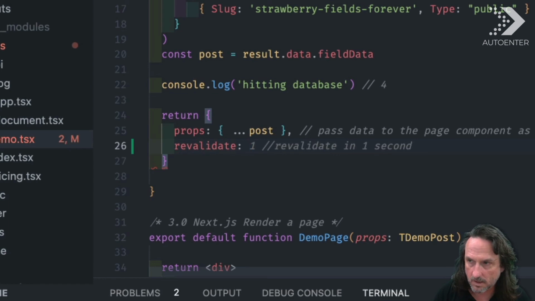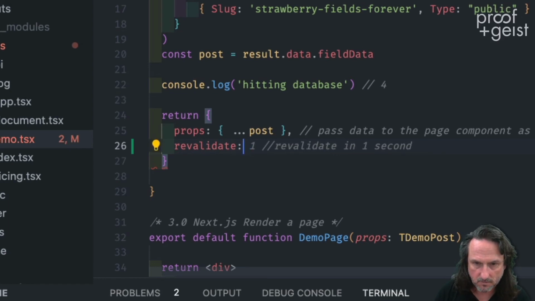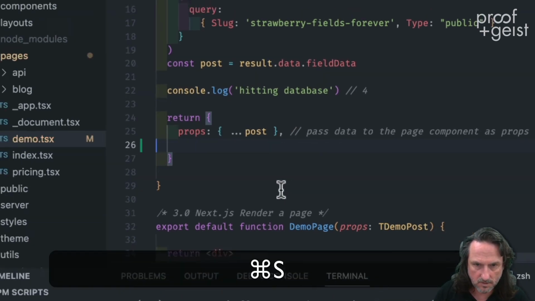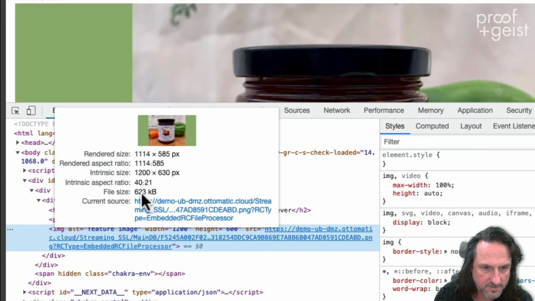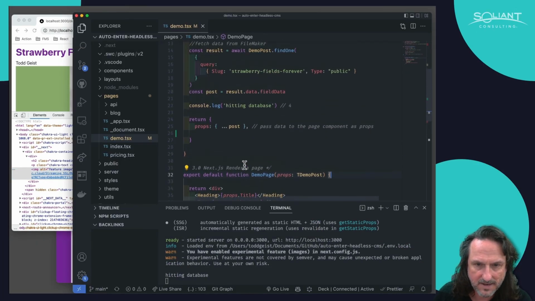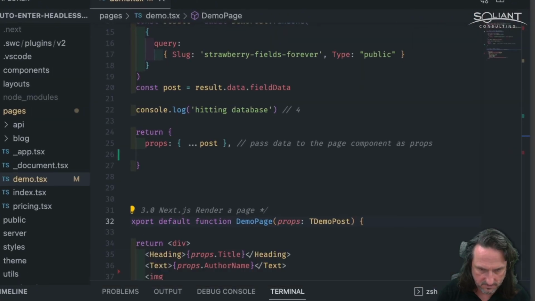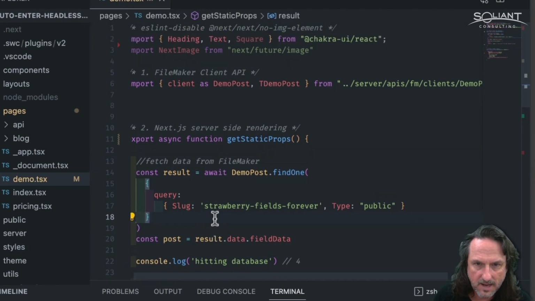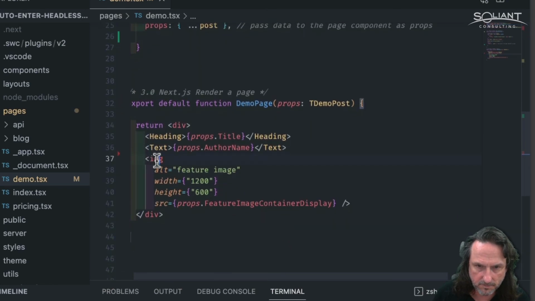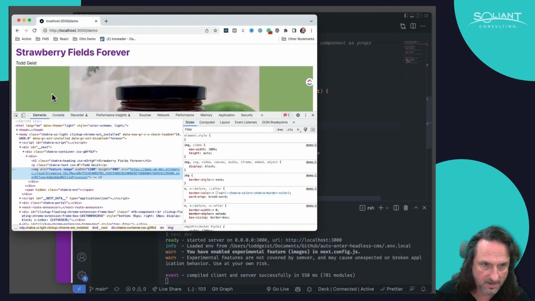Now there's one more change I want to show. Let's get rid of this. I want to point out that if we inspect this image, we see it's pretty large, 623 KB. That's pretty big. It's unoptimized, and I can make it optimized. Let's boot this up in dev mode so it's a little faster. I can optimize this by using a Next Image tag provided by Next and simply replacing my image tag with that. And now when I refresh